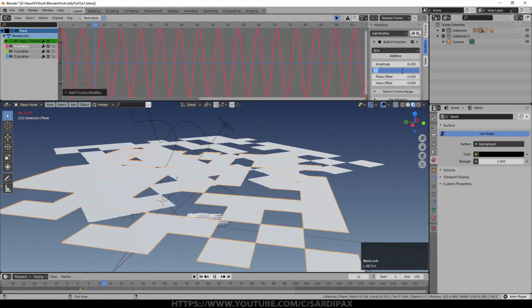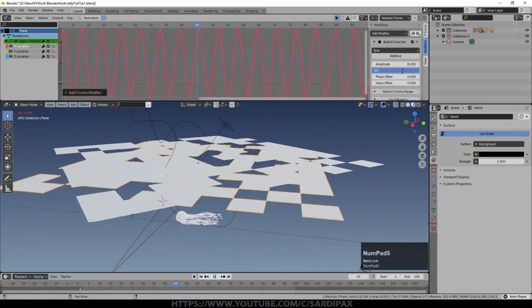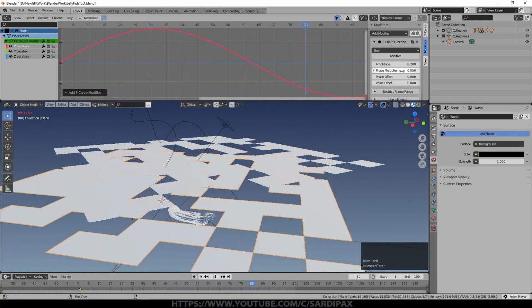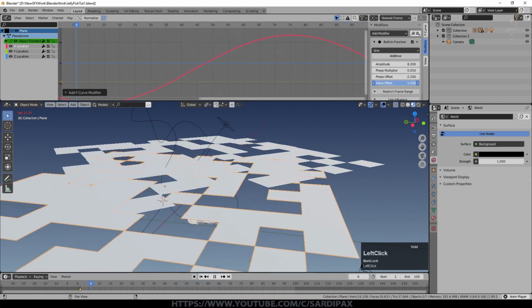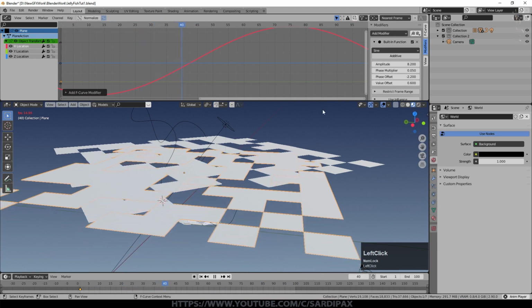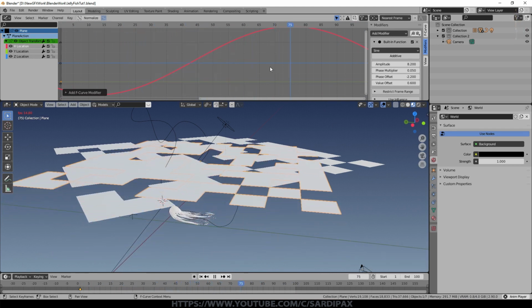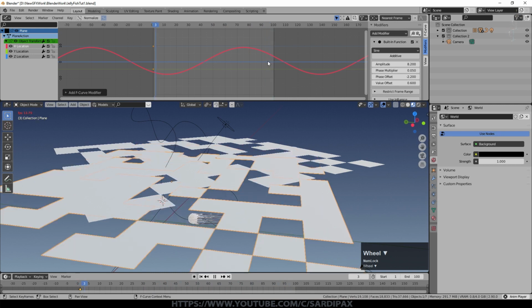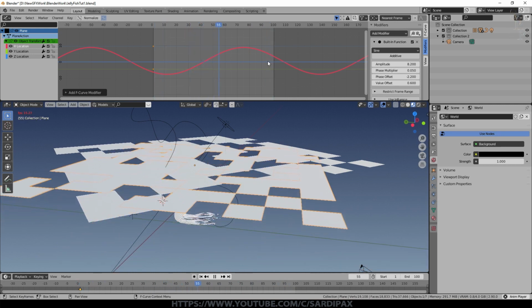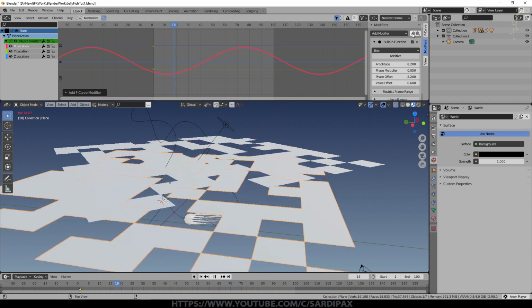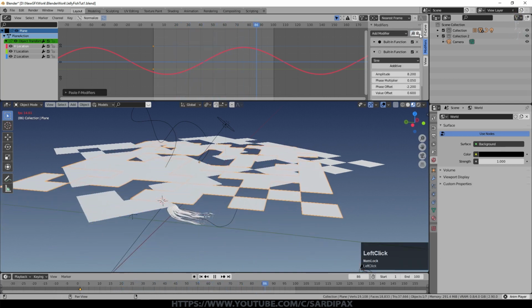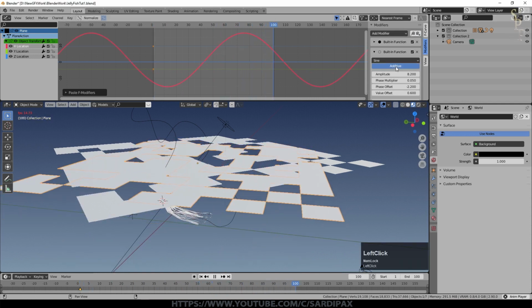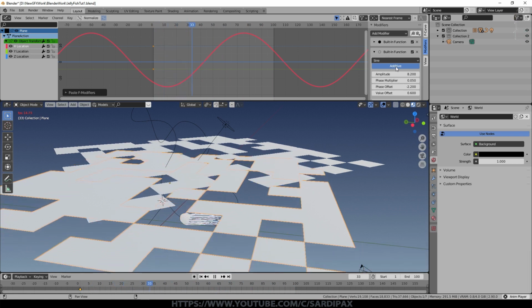I had a phase multiplier of 0.05. You can see that slowed it down quite a bit. I played around with the phase offset, but it doesn't really matter too much. And the value offset again will just change the center point, which you can use really just to shift the plane around. But rather than just a simple sine wave, which may be what you want, I decided to make it slightly more complex than that. So I'll click this to copy that modifier, minimize it, and then paste it. So we've now got two versions of it. And the second version, I'll click additive. So that adds to the first one, but they're both the same right now.